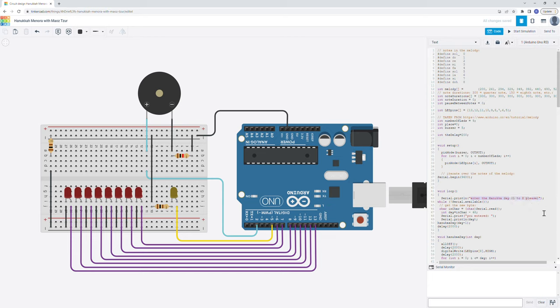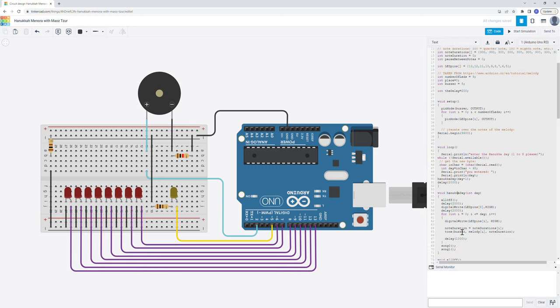The user will need to provide an input from 1 to 8 for the relevant Hanukkah day, and the Arduino will get this input and subtract 48 from the keyboard coding to convert it to a decimal value from 1 to 8. And then we'll get into the function which is called Hanukkah day. Okay, I see, I need to fix the typo here. Hanukkah day actually